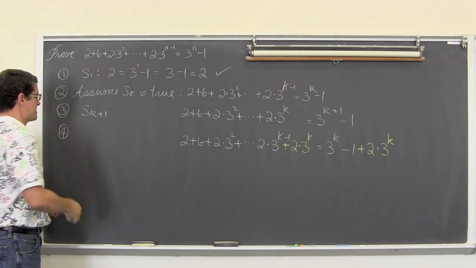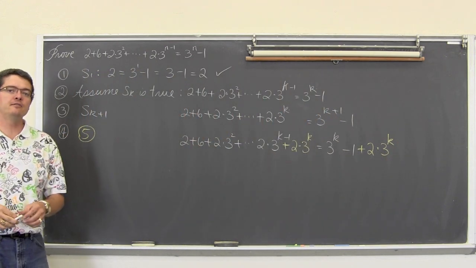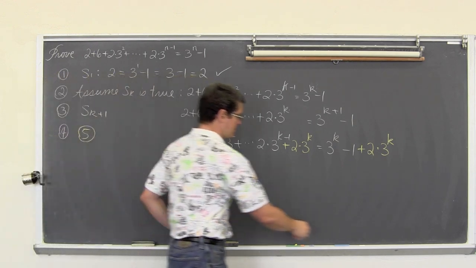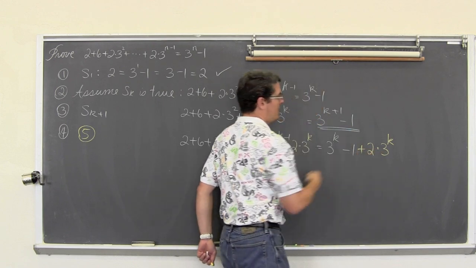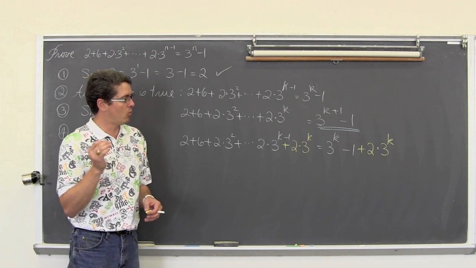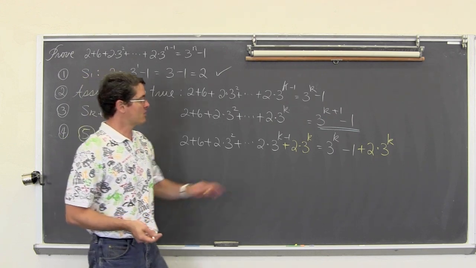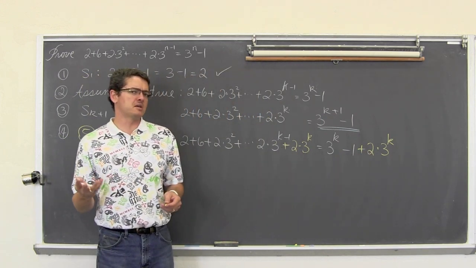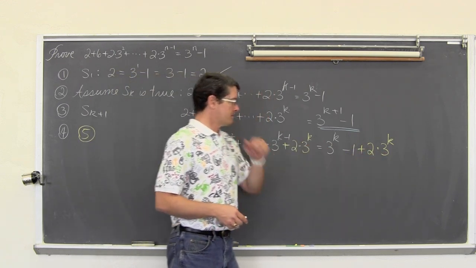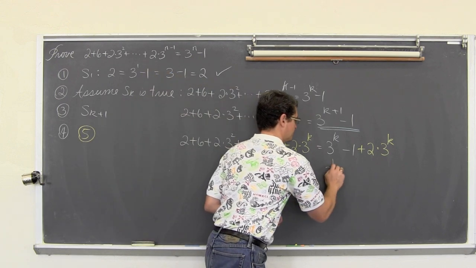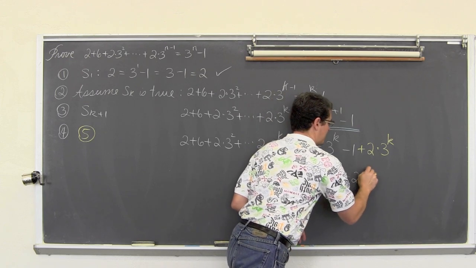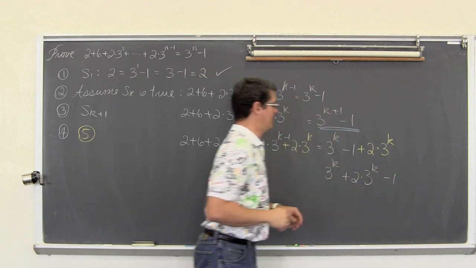And so I just did step 4 and step 5, and now we're going to simplify the right-hand side and see if we can't get this to show up again at the end of our proof. So we have 3 to the k minus 1 plus 2 times 3 to the k. So we have what appears to be 3 pretty simple little terms, but I've had some students really have some issues on how to add 3 to the k minus 1 plus 2 times 3 to the k.